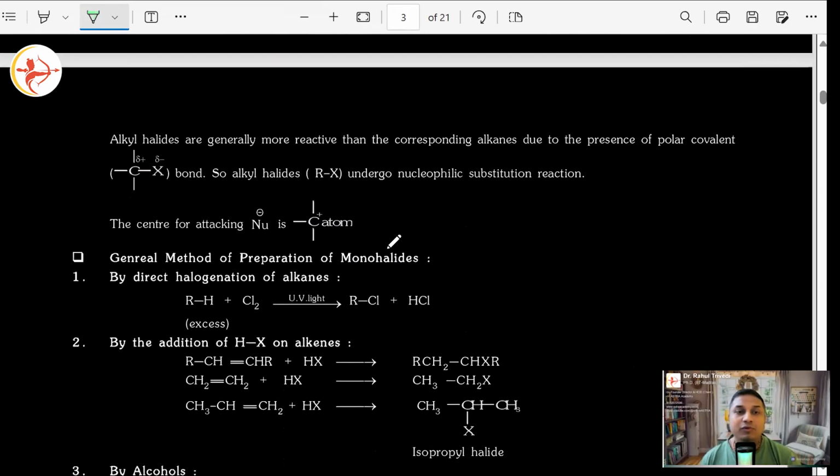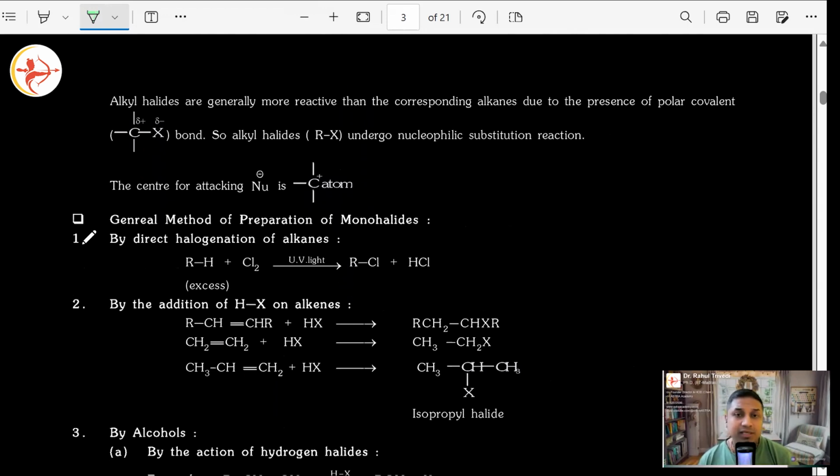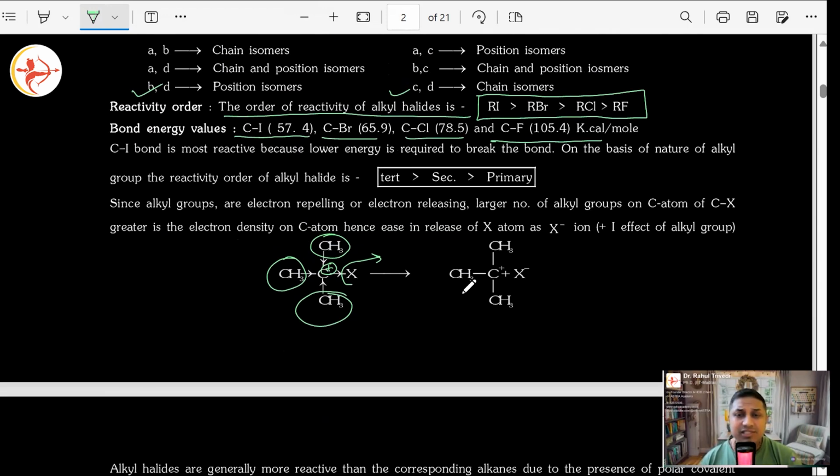Fine. Now we move on to the general preparation of alkyl halides. In the above type of situations, we have already seen this. In which type of mechanism have we seen this thing happening? Which type of mechanism? Nucleophilic substitution reactions. Yes or no? And this one where a tertiary alkyl halide is involved, is it SN1 or SN2?